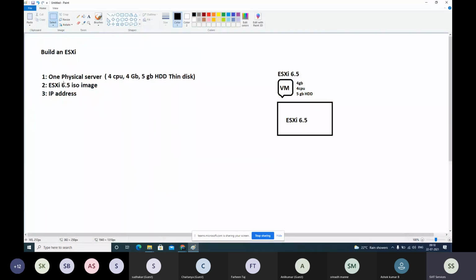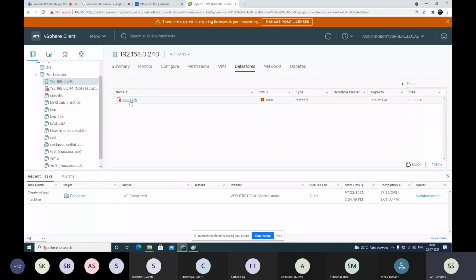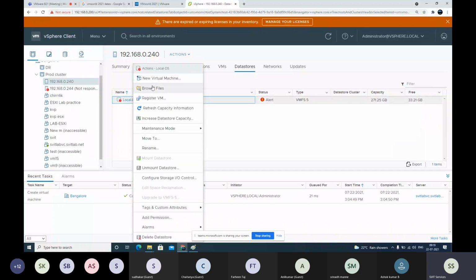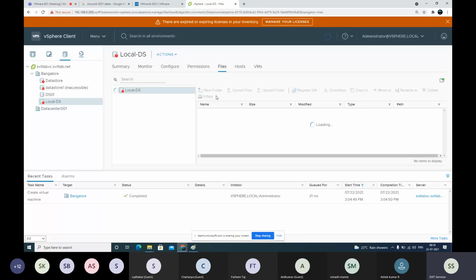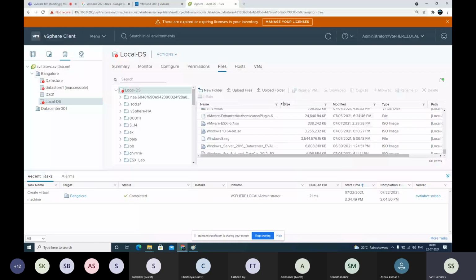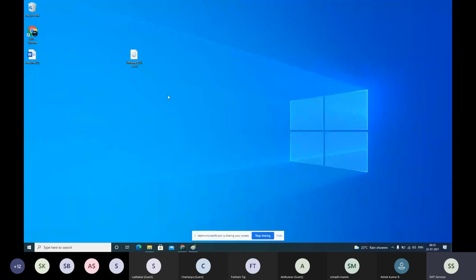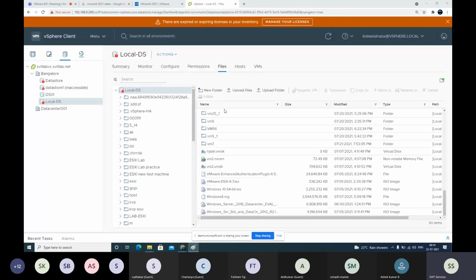Next, we need a 6.5 ISO image. This machine is running on 240. Go to data stores. In the local data store, right click, browse files. Here we should have the 6.5 ISO image. There is no 6.5 ISO image, it is 6.7. Okay. I have the ISO file here. I will copy it into that partition now. It will be visible to everybody. If I want to bring some data here, I will click on upload files. Desktop.